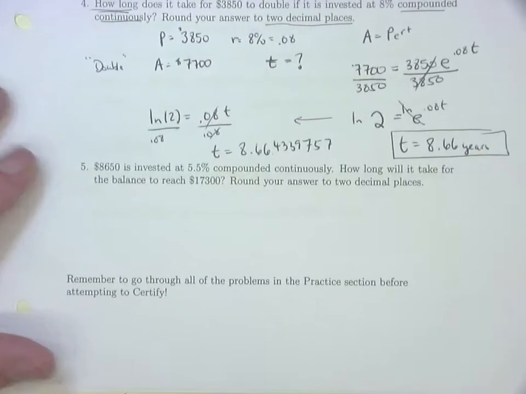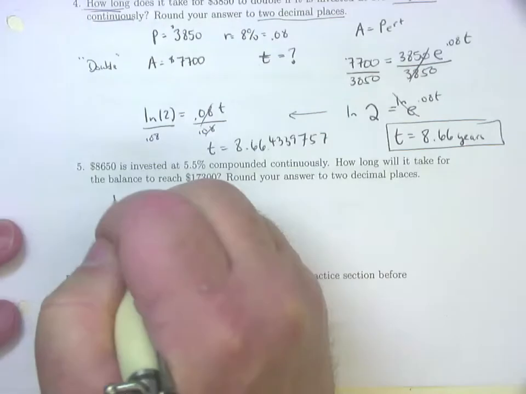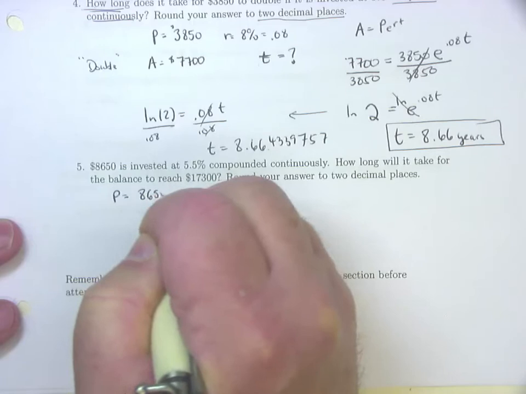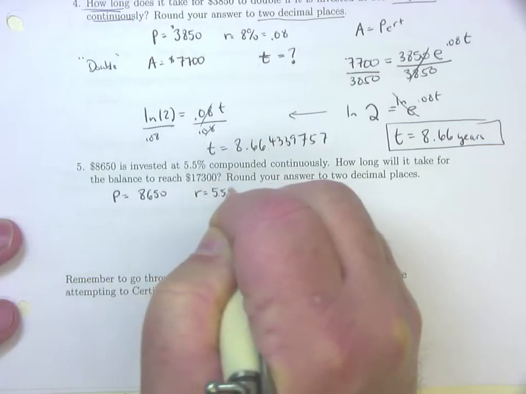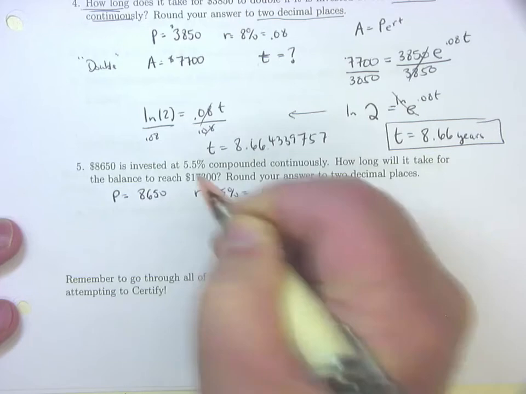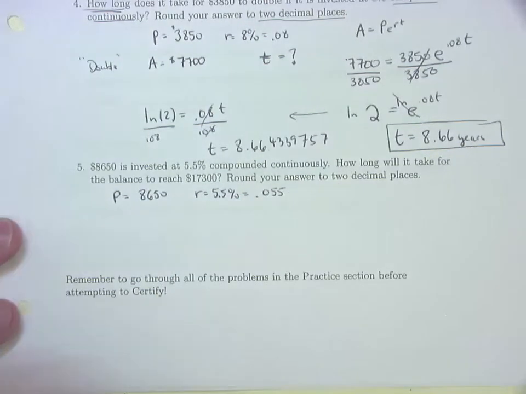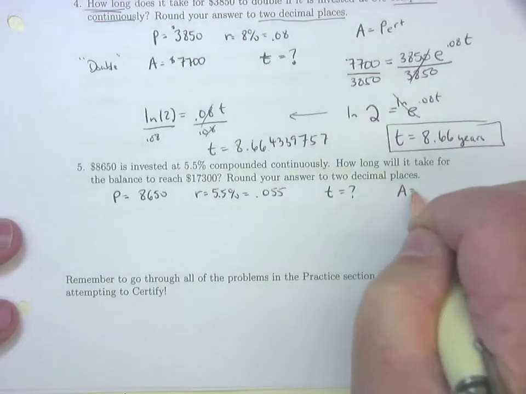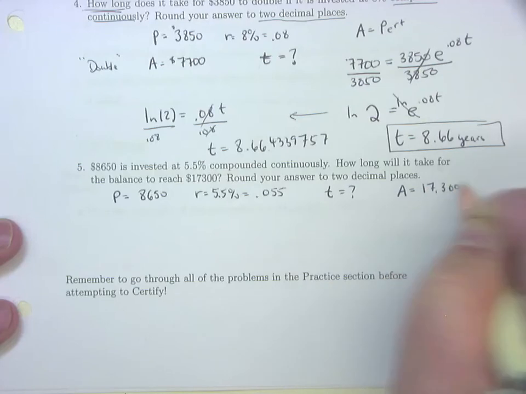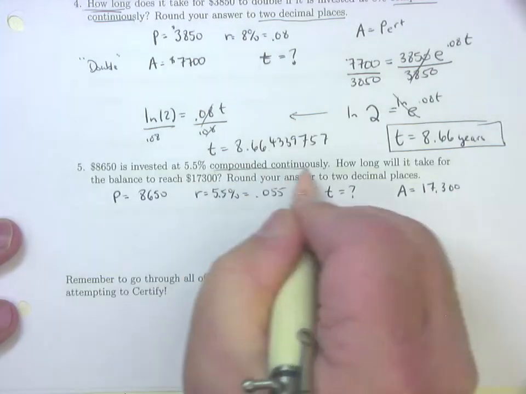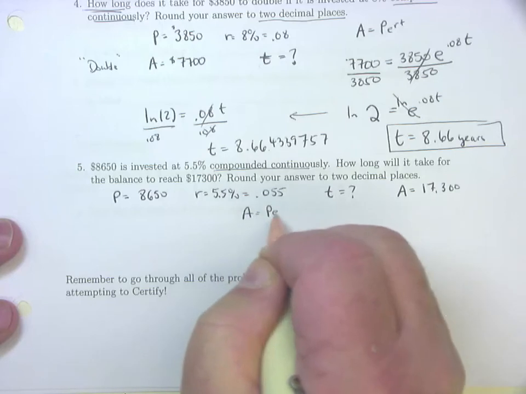One more. $8,650 is invested at 5.5% compounded continuously. How long will it take the balance to reach $17,300? Round your answer to 2 decimal places. All right, so we're investing P, $8,650, at an interest rate of 5.5%, which is 0.055, moving my decimal 2 places to the left. How long is a question of time. Will it take the balance, so our amount wants to be $17,300. And they mentioned the famous words compounded continuously, which means I'm going to use my famous A equals